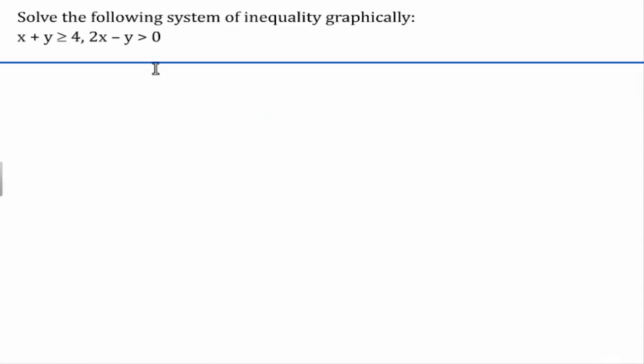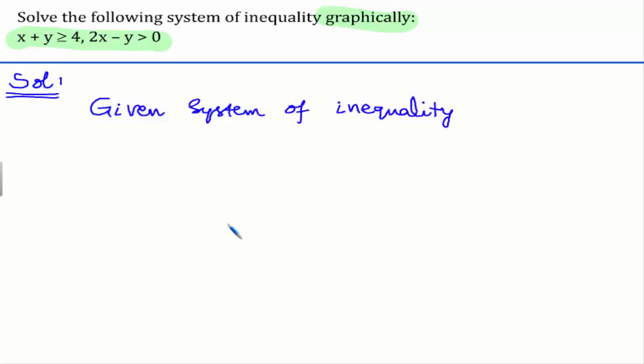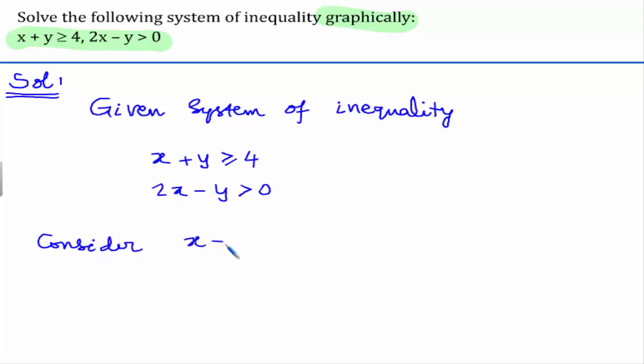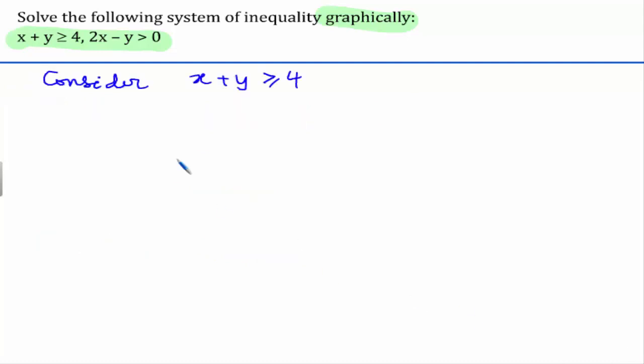In this problem, we have to solve the given system of inequality using the graph. Let us see the solution for this. Now the given system of inequality is x plus y greater than or equal to 4 and 2x minus y greater than 0. Now let us consider the first inequality, which is x plus y greater than or equal to 4. Now to find out the solution of this inequality, we have to draw the graph of